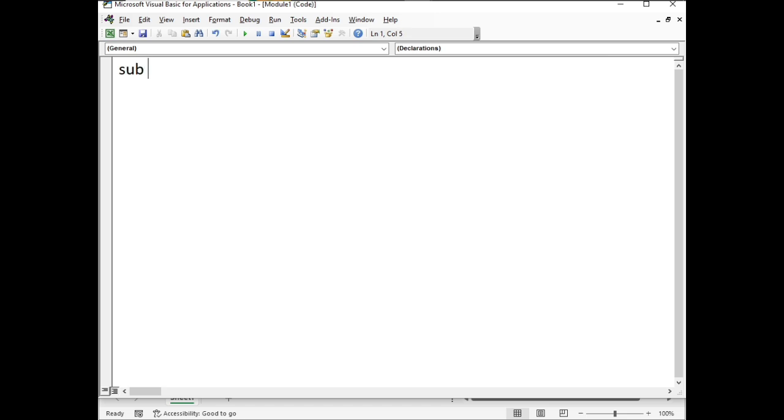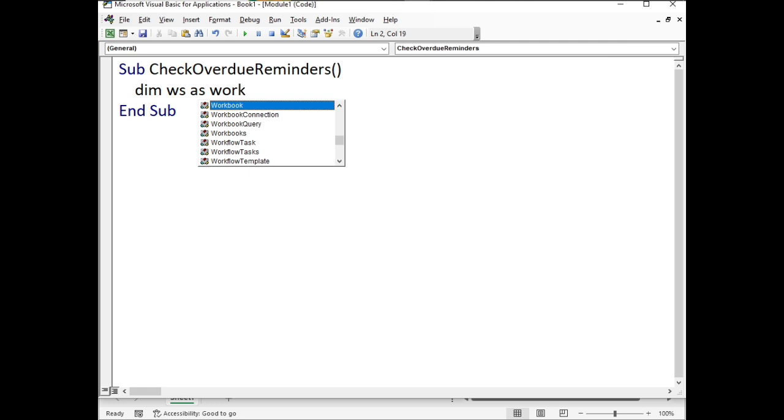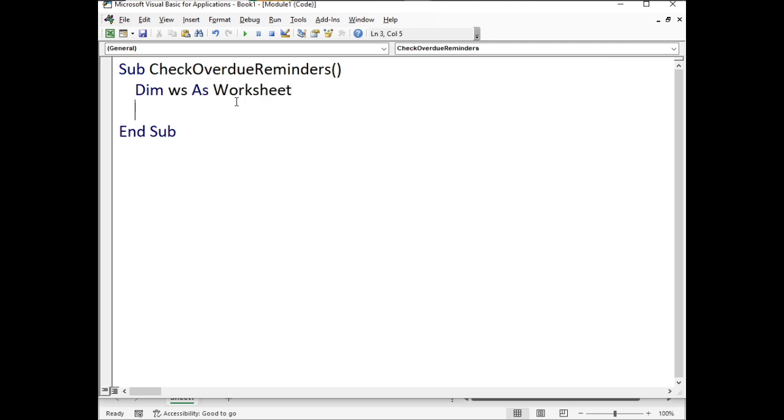I'm going to name my macro CheckOverdueReminders. That will be my macro name, and then I'm going to declare my variables. The first one is Dim ws As Worksheet. Then I'm going to set the worksheet: Set ws = ThisWorkbook